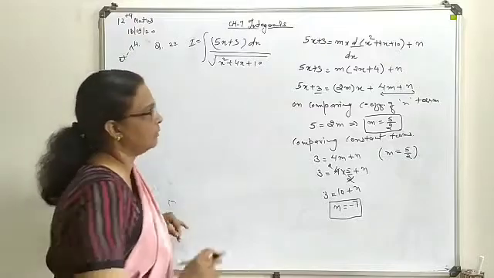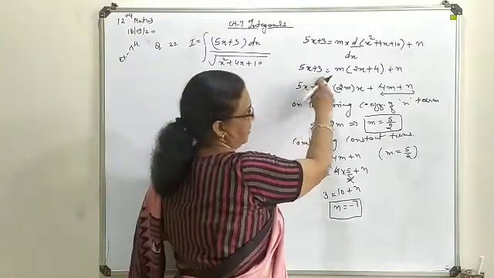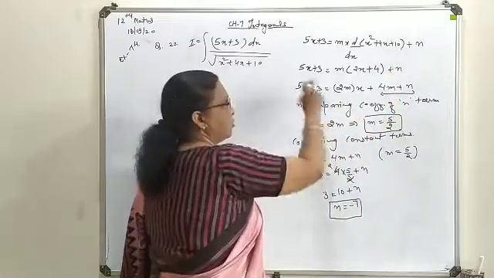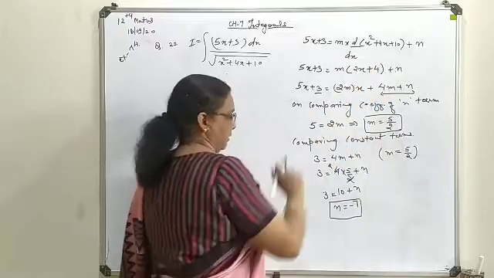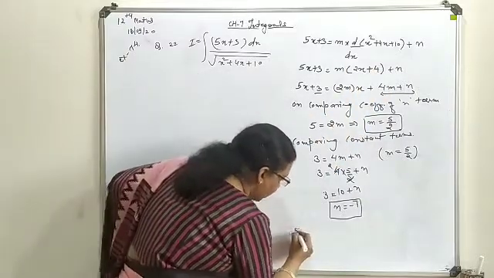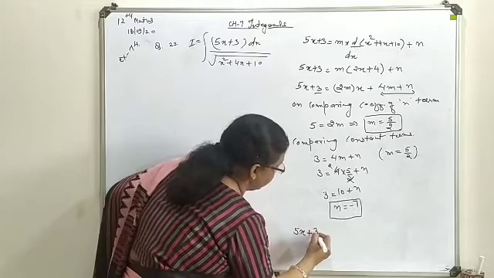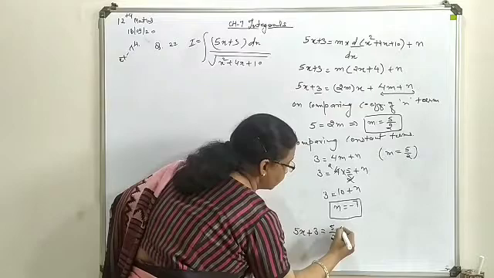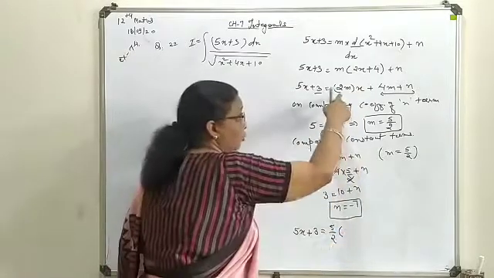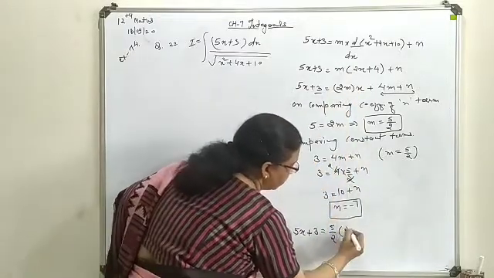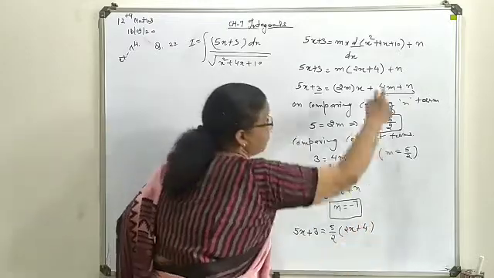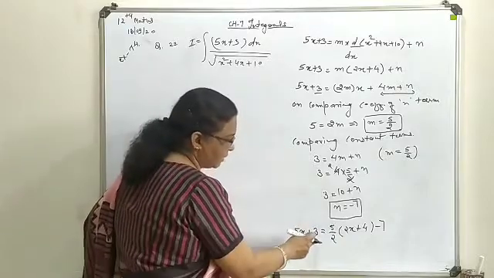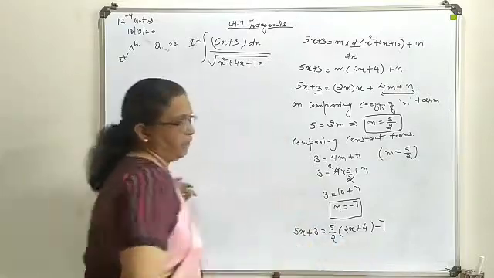Now what this means is that this 5x plus 3 can be expressed as 5 by 2 into this expression, plus minus 7. So we replace this expression by this relation. What can we write now? 5x plus 3 equals, with m evaluated as 5 by 2, 5 by 2 into the derived form, written in derivative form, and then n, that is minus 7. So in the question, 5x plus 3 is replaced by this combination.